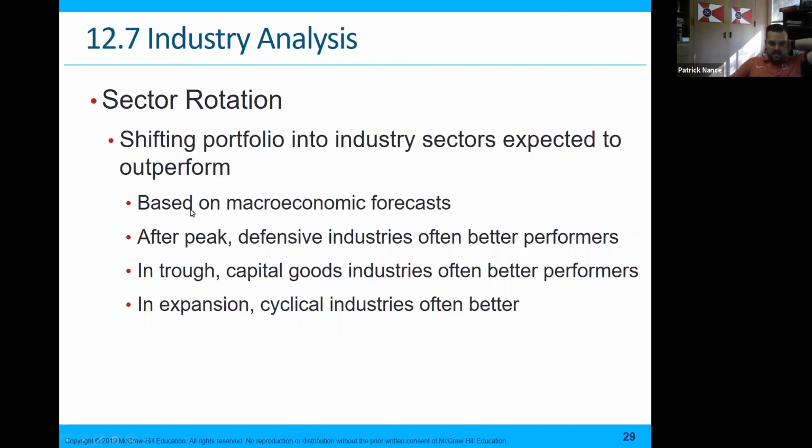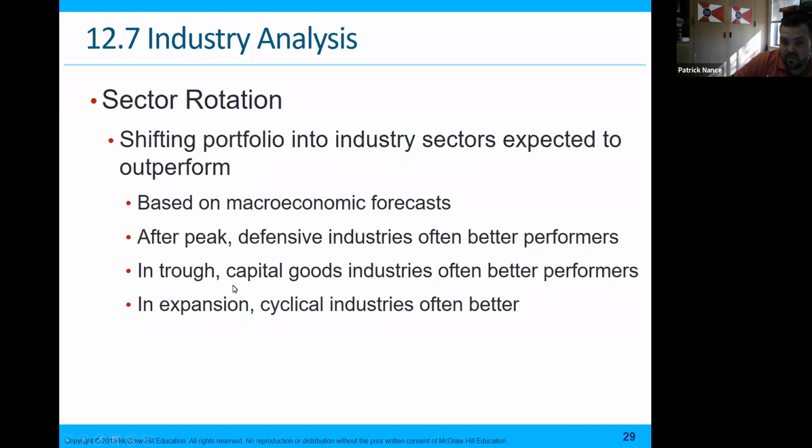Sector rotation, industry analysis. This means shifting a portfolio into industry sectors that are expected to outperform. You look at some of these return on equities and other numbers that we just went through, and you could pick out certain industries that do well or poorly. Something that a lot of investment finance individuals do is they look at forecasts, they look at the economy, they look at some of those economic indicators we talked about before to make a decision as to what industries are going to do what and how well or poorly they're going to do and what that performance might look like. So shifting a portfolio, if it's expected to outperform based on the macroeconomic forecast,